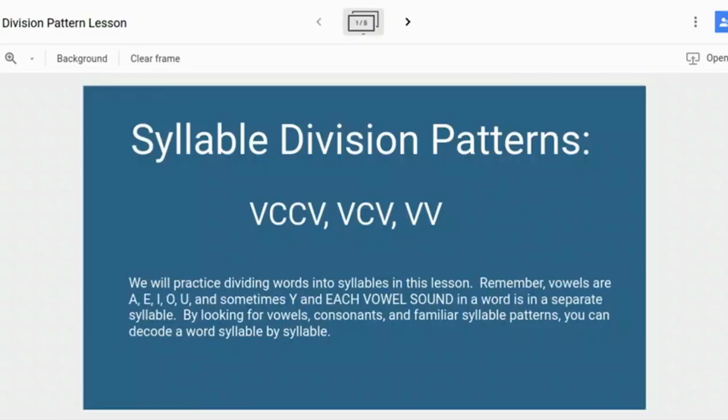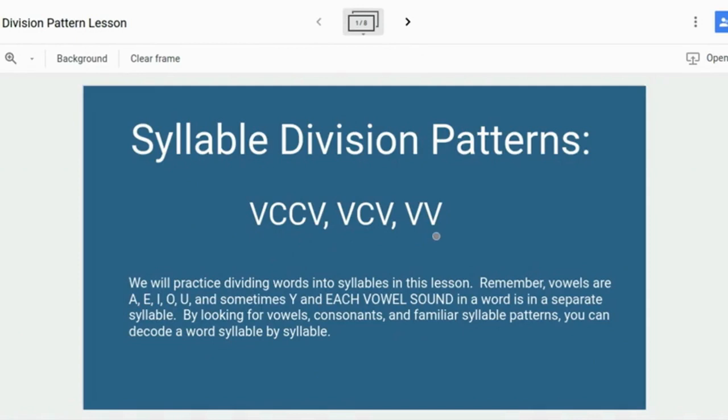In this lesson, we are going to practice dividing words into syllables. It's important to remember that each vowel sound in a word is in a separate syllable. When we look for vowels, consonants, and syllable patterns, we can decode words syllable by syllable. The 3 syllable division patterns we're going to look at today are the vowel, consonant, consonant, vowel, vowel, consonant, vowel,